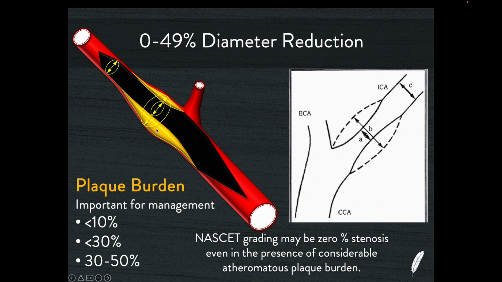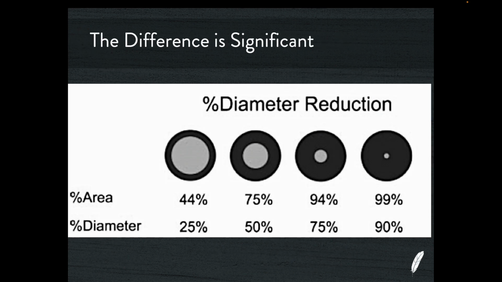But what we can see on the ultrasound, however, is the significant soft plaque. So it might be 10%, might be 30%, might be 30 to 50%. We need to somehow come up with a way of quantifying this amount of plaque and putting it into the report, because if this is a young patient, it may be that we've now diagnosed this person as being arteriopathic. It's really important to understand the difference between diameter reduction and area reduction, because mathematically they're very,